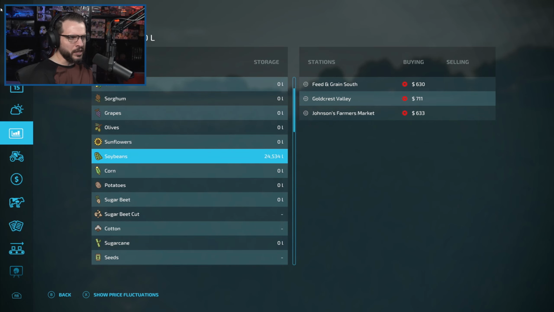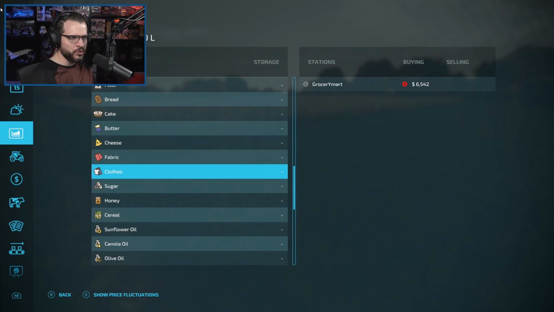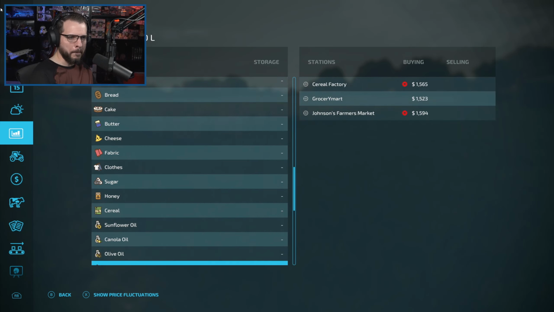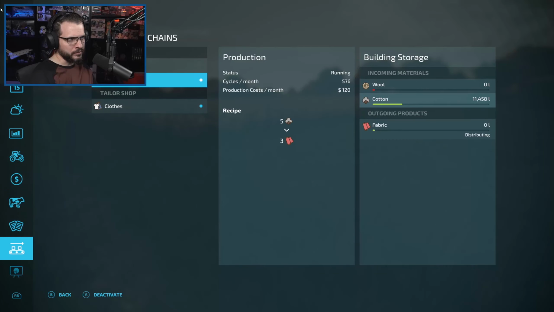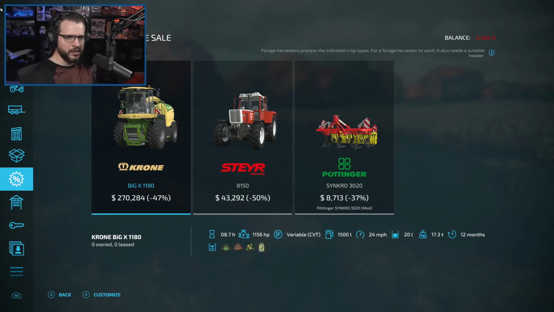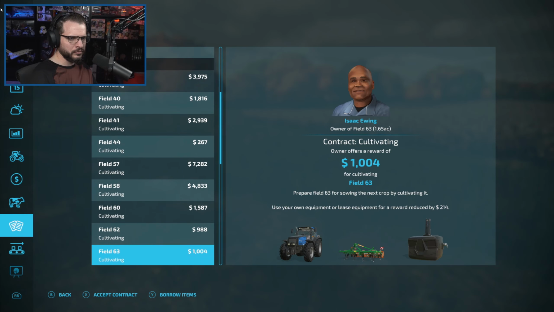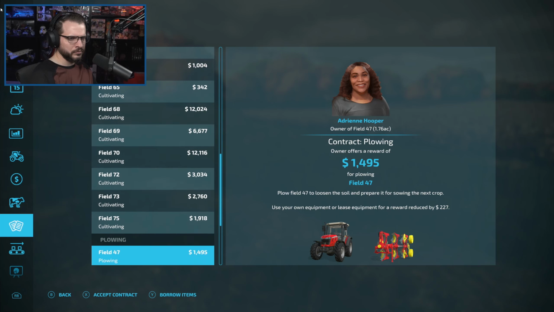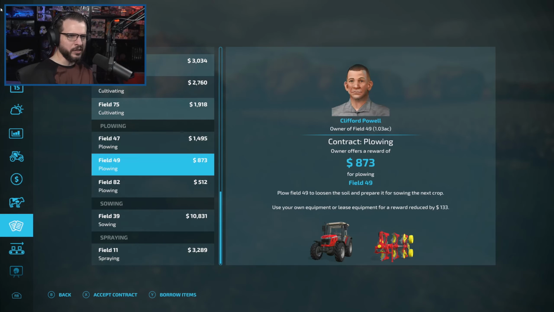How are we looking on prices? Soybeans are a joke. And clothes are also pretty bad. Okay, then. How are we looking on production? Still chugging along, doing its thing. Well then, time to get us a cotton harvester. Any contracts we care about? Nada. I mean, there's a nice sow some wheat, to be fair, but...